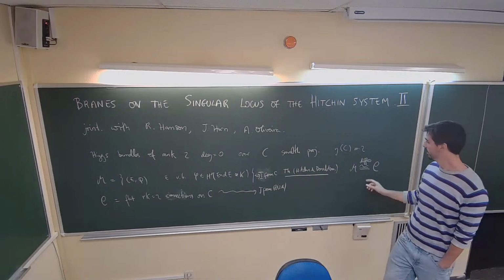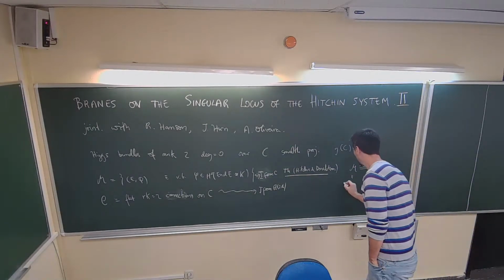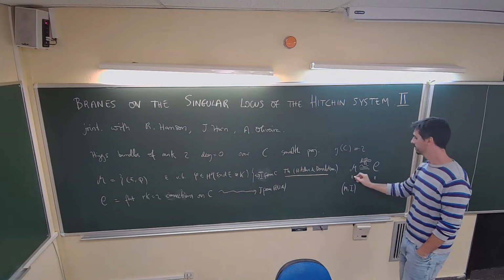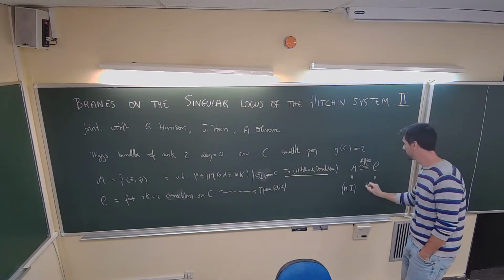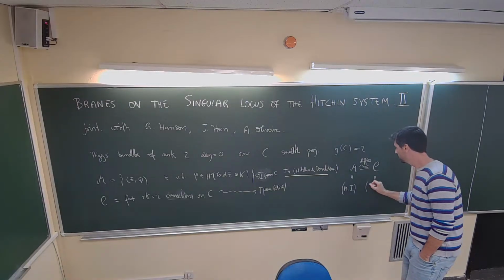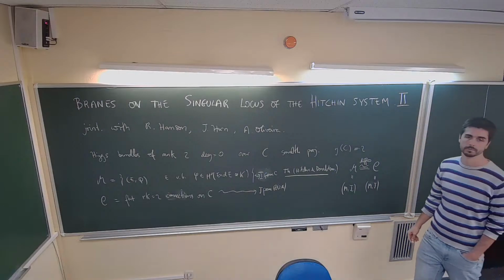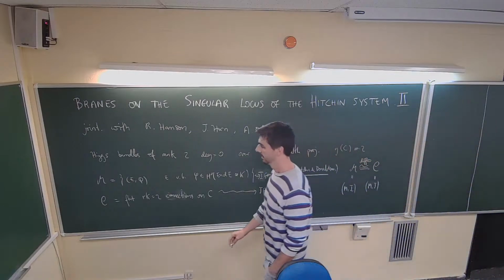So we can interpret this diffeomorphism as having two complex structures on the same underlying manifold, and in fact,